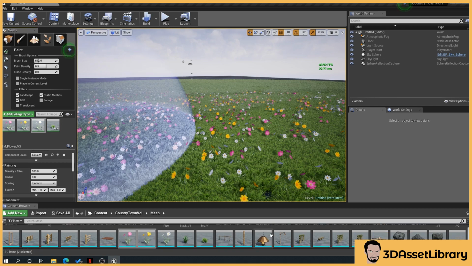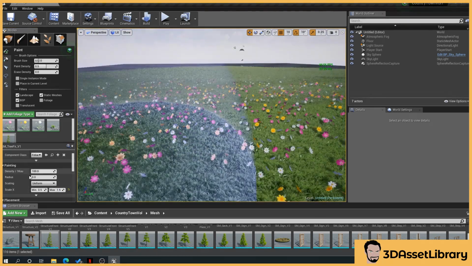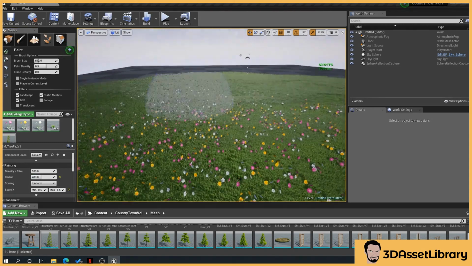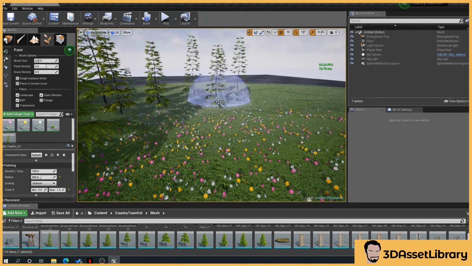What we're also going to do is show you the scaling. So where are my trees? I'm going to drag my tree in. Again, I've unticked all of those. Select the tree, and we're going to say we want a minimum of 0.5 and a maximum of 1.5. And what we're going to do is set the radius. So we'll do a radius of 400, and we'll plonk those about. You can see they're not overlapping each other,